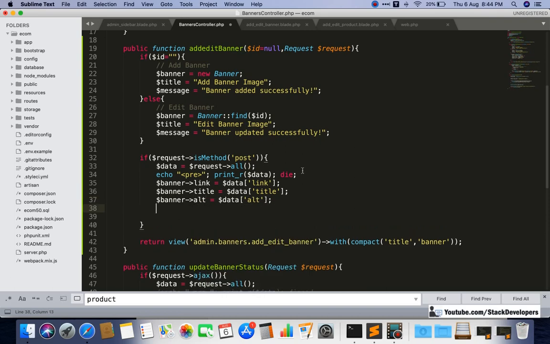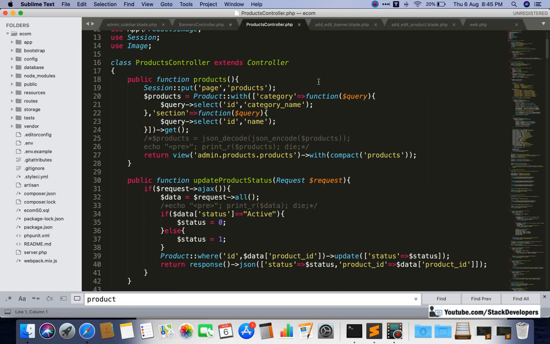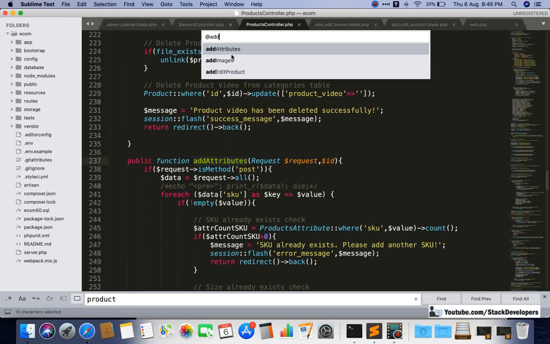And we know how to upload an image. The simple script we can copy from the Plex controller and we can make changes. No need to do it from scratch.